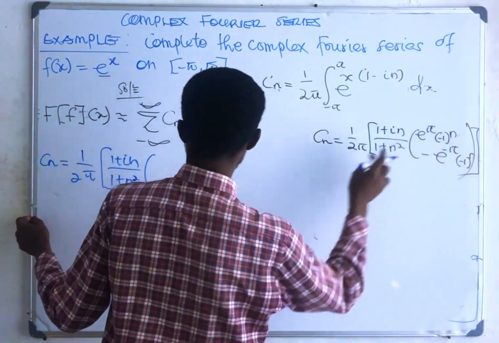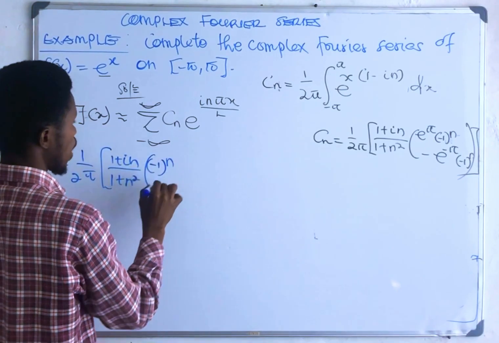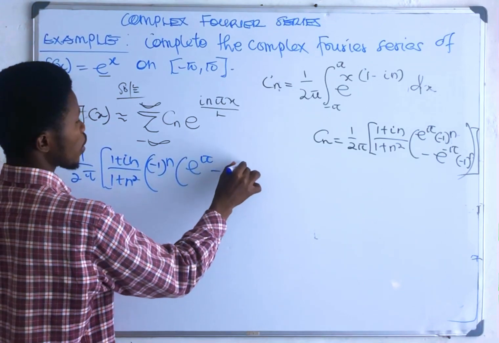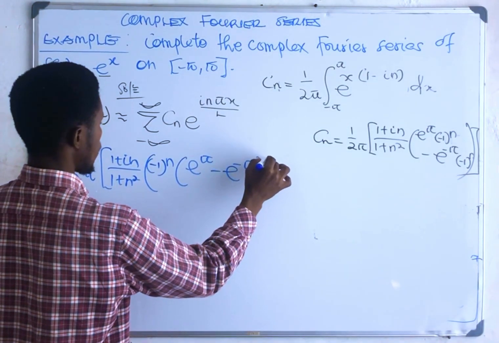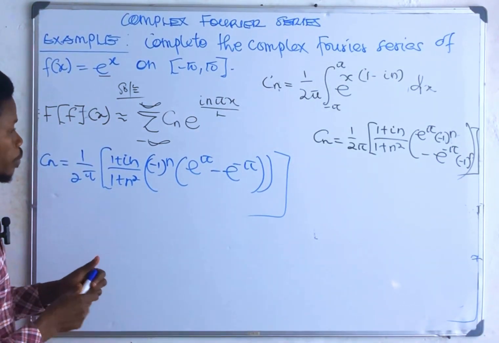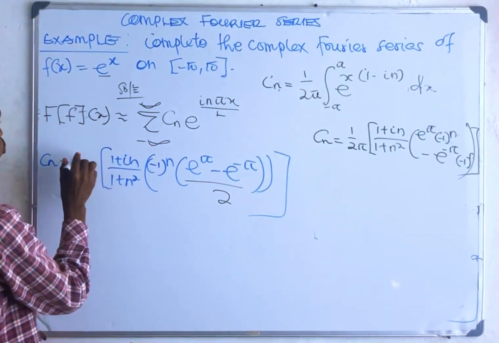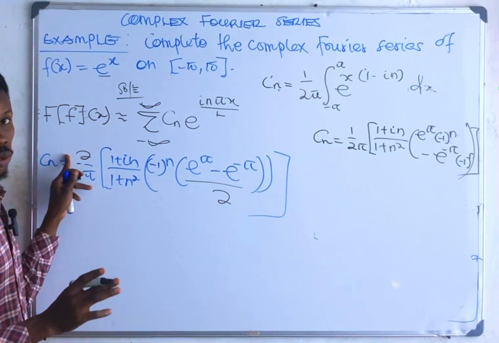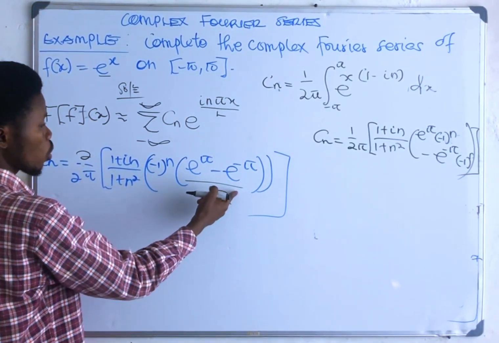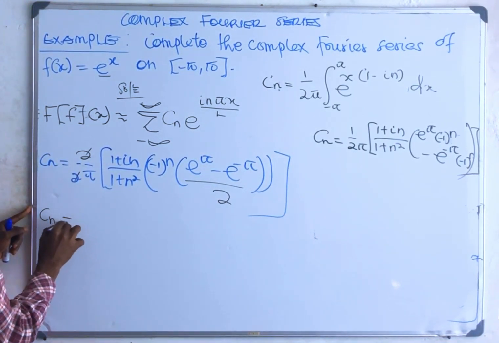Here, this one and that are the same, so I can factor negative 1 to the power n out, leaving e to the power pi minus e to the power negative pi. You have something like this. Now, we can introduce something here. If I put 2 here, then I bring 2 here. I have not done anything to the question. These 2 will cancel, going back to normal. When you do this, this is what we call what? Sinh, right? So these 2 will cancel this one, leaving Cn equals 1 over pi,